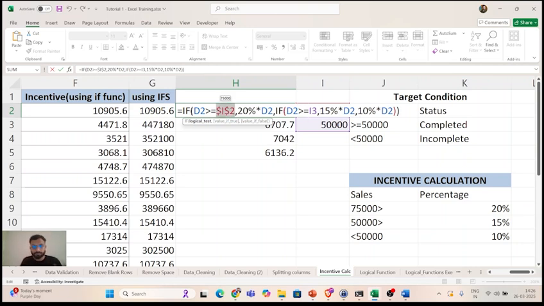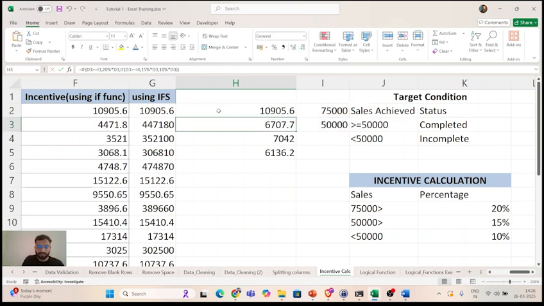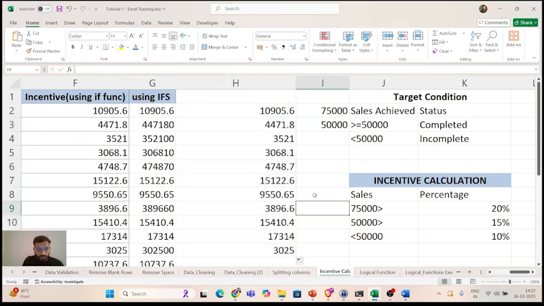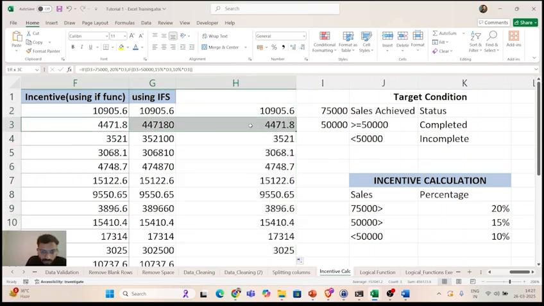Press function F4. 20% of D2, that's okay. If D2 is greater than I3, again I need to fix I3 also because the second time I want to compare it with 50,000 only. So it should be fixed like this, then 15% and then 10%. I think that's okay now. Click and drag this formula. Are we getting the same values? Yes.